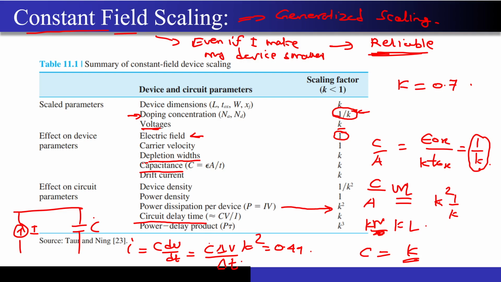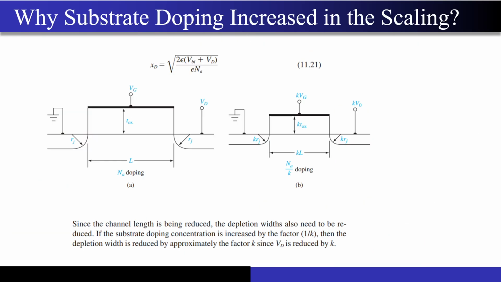So now if you just look over here, the delay time will be nothing but C times delta V divided by I. This will be the delay time that will be required. Since my C is also scaled by the factor k, and delta V and I are not changing, you can see that the delay time has also reduced by the factor k. That means my circuit has become faster. I can clock my processor at a faster speed, so it can give me a good performance. Instead of running at 1 gigahertz, my processor now can run at 1.5 gigahertz. So this is what this terminology means over here.